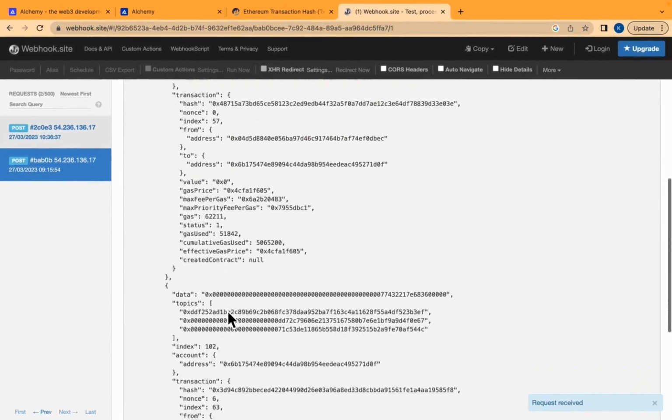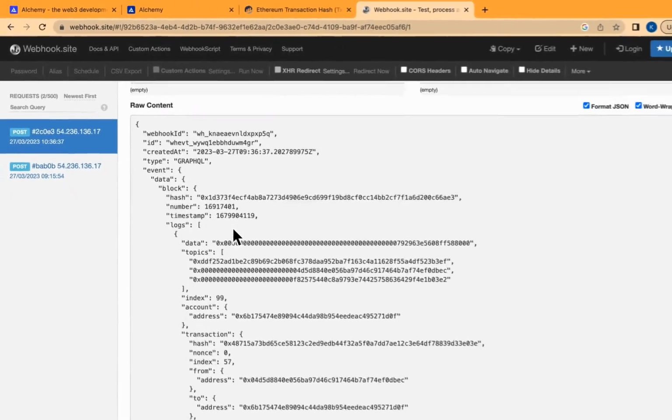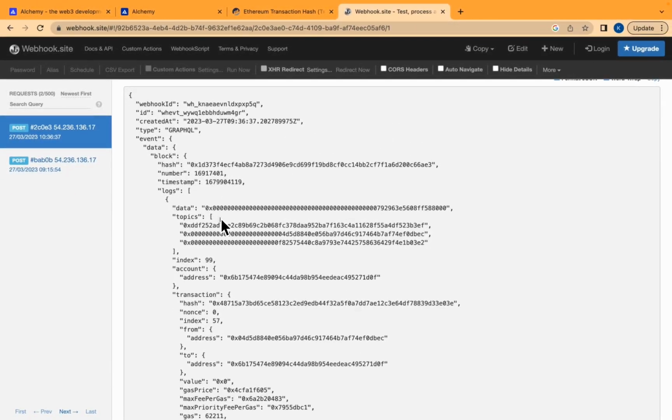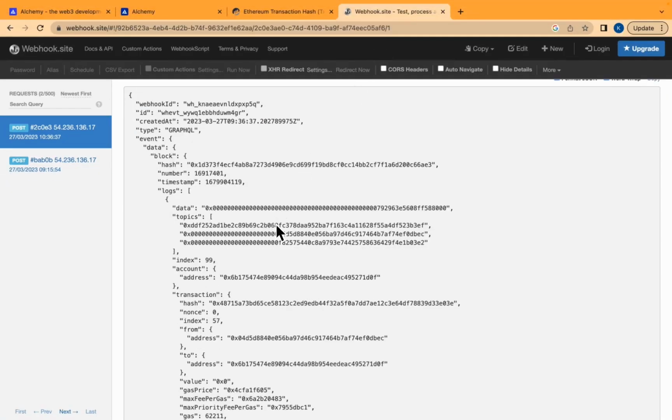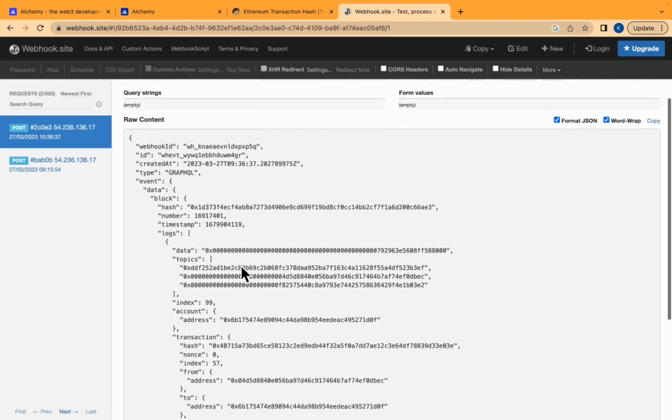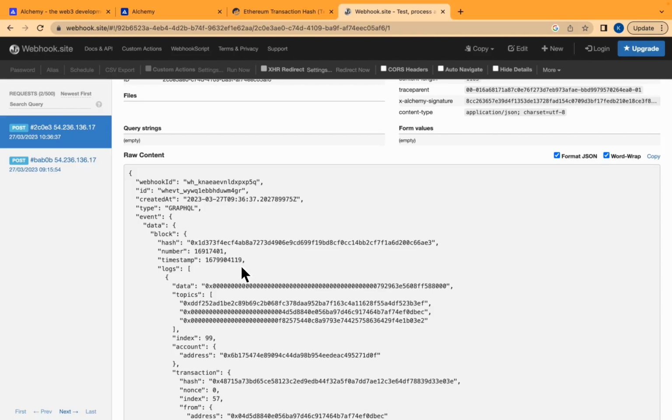And we can see that we've gotten a new result right here. In the new result, we see that only the log where topic 0 was the transfer signature and topic 2 was the sender address that we gave to Alchemy. You can see that's the exact same one. Only the log that matched this criteria was sent. Other ones that didn't match this criteria weren't sent. Hopefully you can see how you could adapt this to other events. For example, sending yourself logs of Uniswap events where a specific token was swapped by adding all of the right